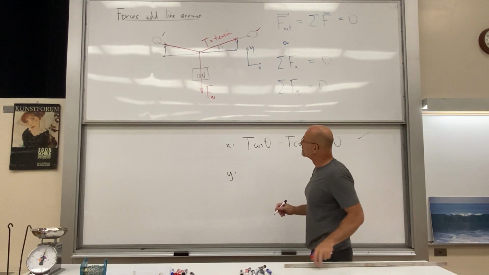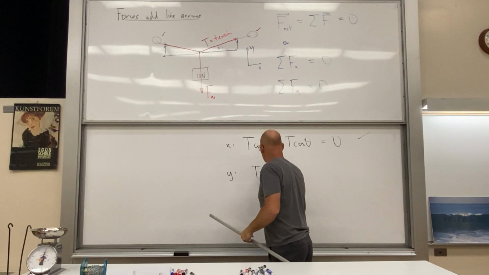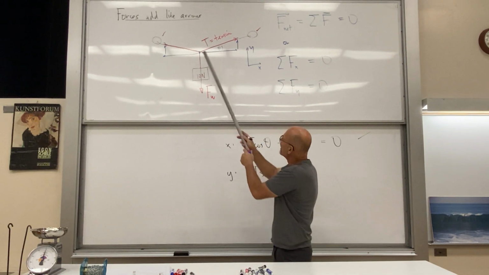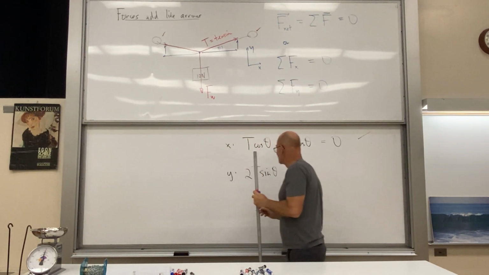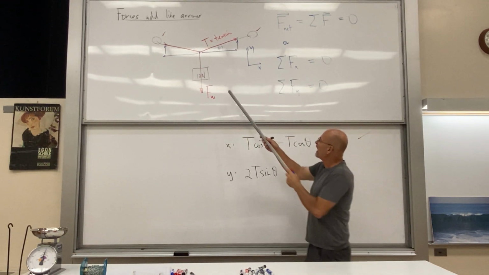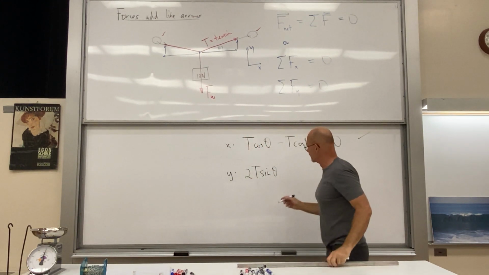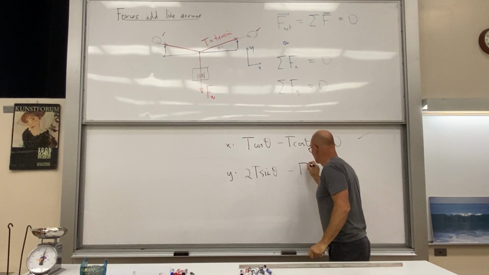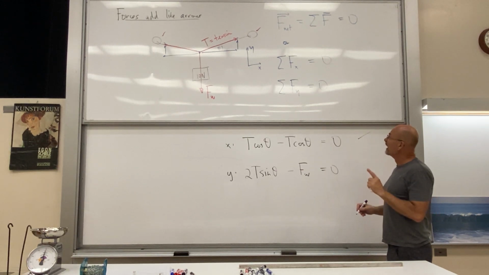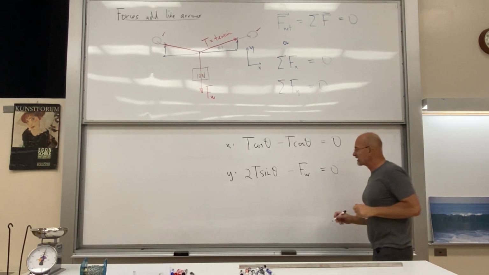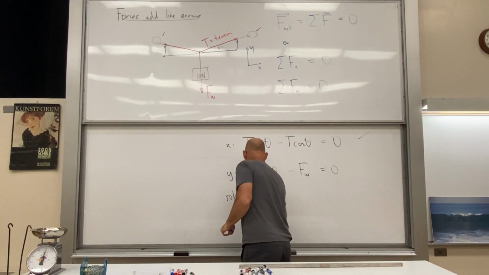Now, in the y direction, we have a T sine theta, and we have another one on the left that's exactly the same. So for that reason, I have 2 times tension sine theta pointing up, those two blue ones, and pointing down I have F sub W, so minus the weight, F sub W is equal to 0. Okay, and in this problem we're going to solve for the tension. So solve for tension